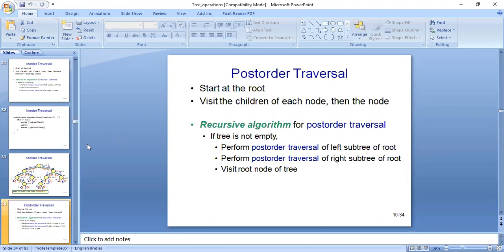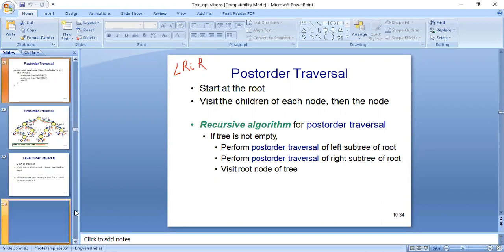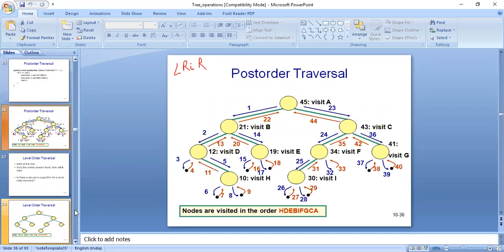So the sequence that we are following here will be left, right, and root. So moving ahead, you can check over here. We have left